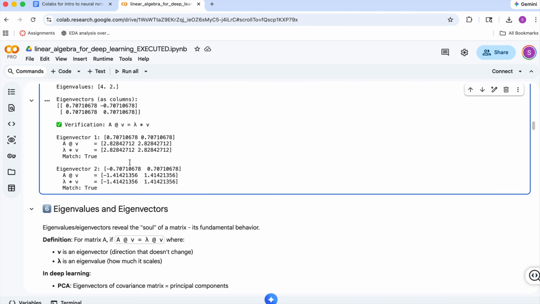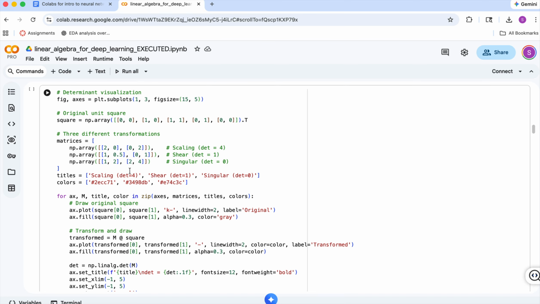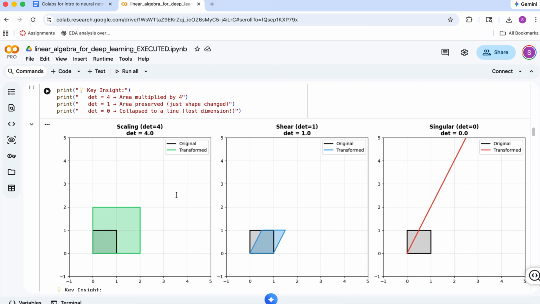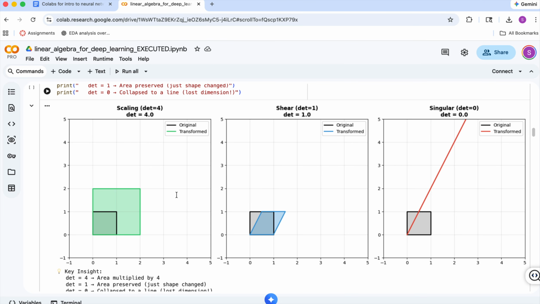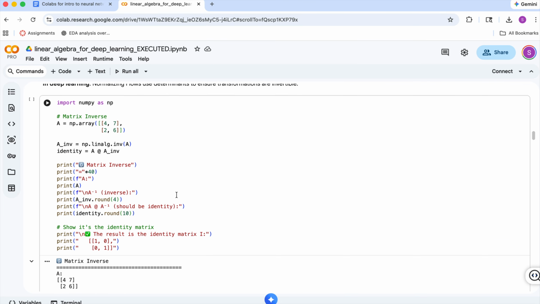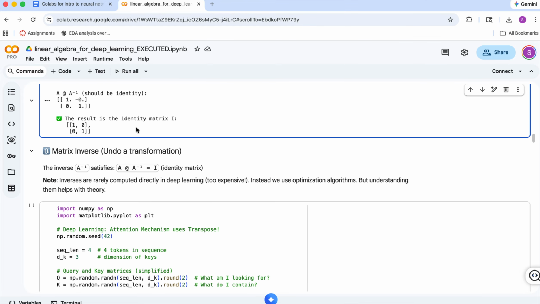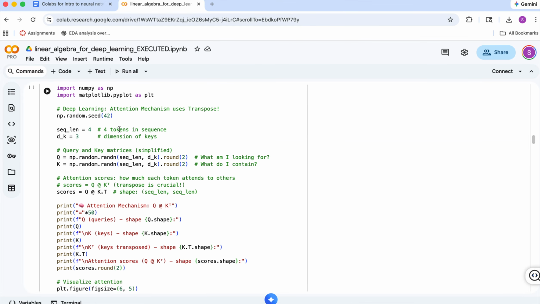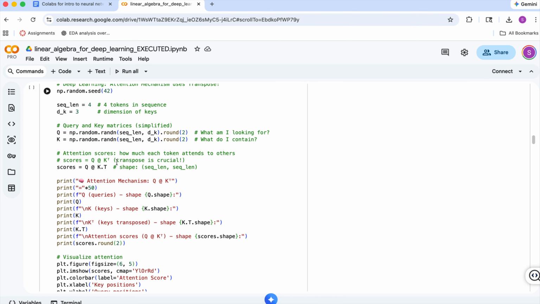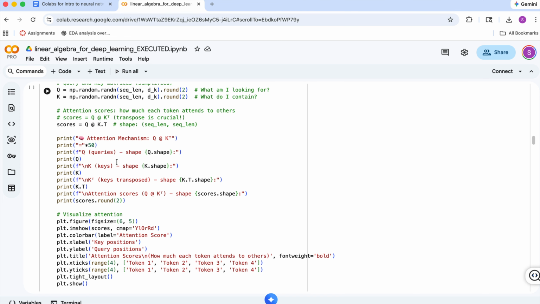After that, this cell visualizes how three different matrices transform a unit square. One scales it, one shears it, and one collapses it into a line. Next, here I compute the inverse of a 2 cross 2 matrix using numpy.linalg.inv and verify it by checking that. After that, this cell implements a simplified version of the scaled dot product attention mechanism using query and key